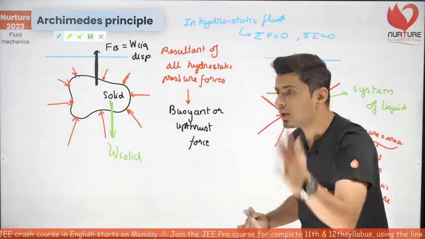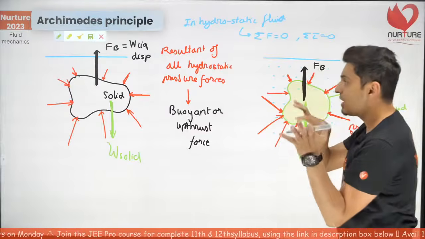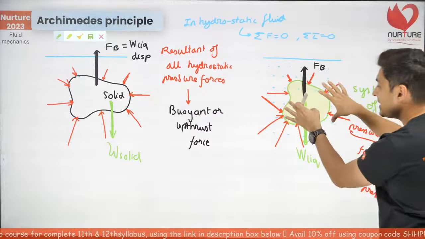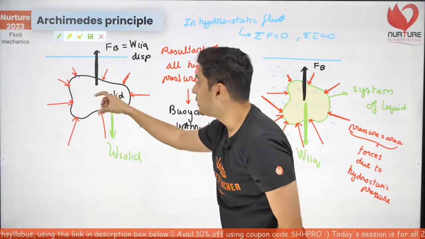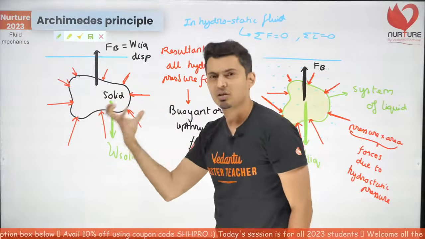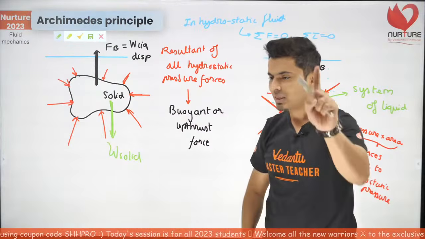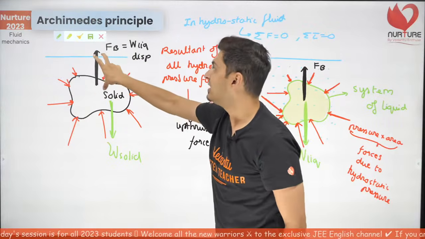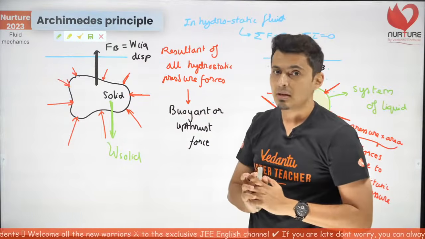In fact, think, what have you done? In that volume of that liquid which you have displaced, you have put a solid. It's quite possible that when you took away that liquid and fit in a solid in that place, in that same volume the mass of that solid is more. That means the density is more. That means the solid will sink, because in that same volume you have added more mass. So this buoyant force is not going to balance this solid's mass every time.